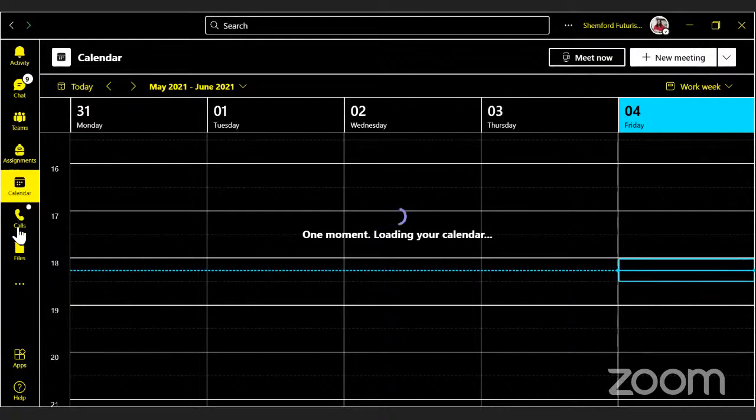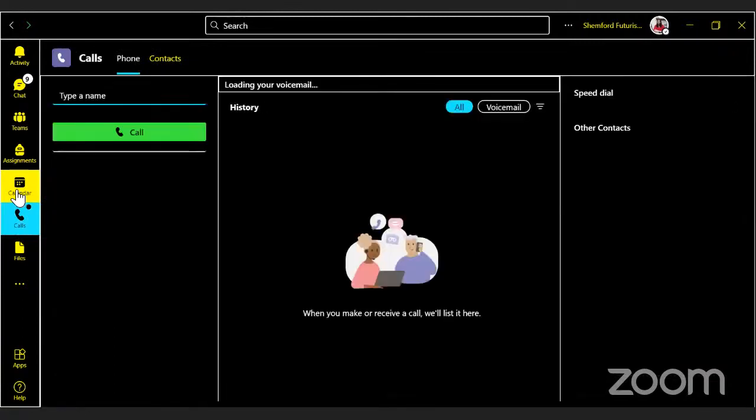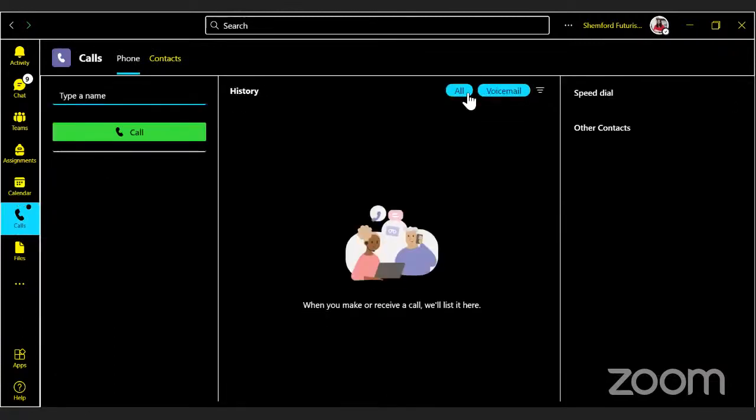Right. So this option under the calendar is loading, so I'll just tell you about some other options. Just below the calendar, there is the call option. When you click on call, you will be able to make audio calls through this option. As and when I click, the other people will get the call, as we make WhatsApp audio calls and all, right? Voice calls, as it is visible over here.